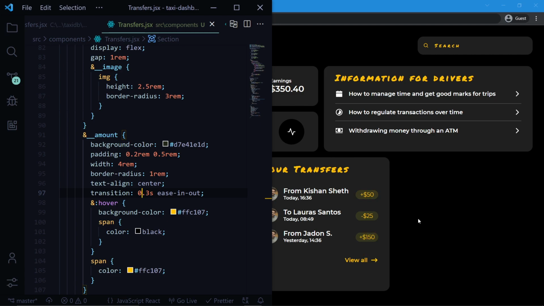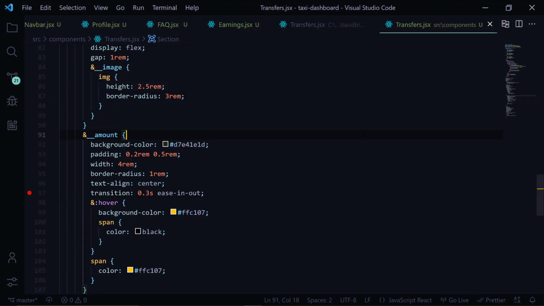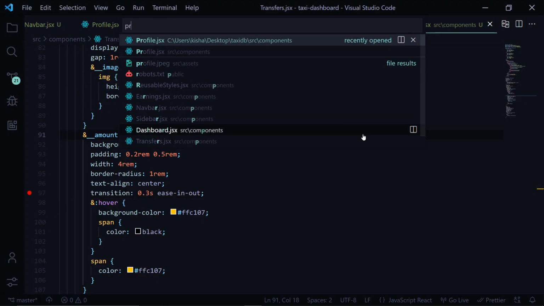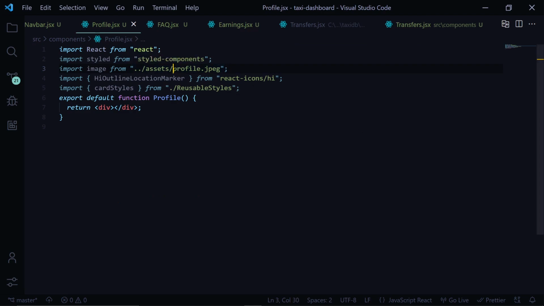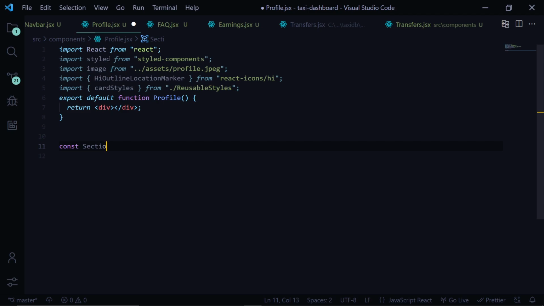Now all that's left is to style the profile card. Head over to the VS Code, and now head over to the profile.jsx. Here I have already imported the necessary content, which is the style from style components, image from the assets, then the React icon and the reusable styles from card styles. Now let's write section equals style.section, replacing it here,